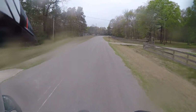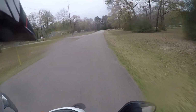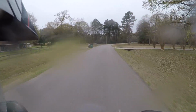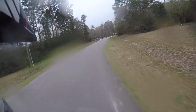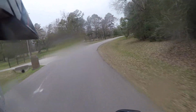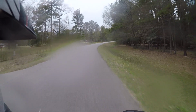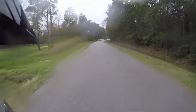I'm sure the neighbors just love me with the exhaust that's on here. The Q4, it's supposed to be a quiet exhaust, like quiet performance. There is nothing quiet about the Q4. I mean, I've heard louder exhaust, but it's not quiet. People in the neighborhood are like, oh yeah, you must be one of them kids tearing shit up. Come on, squirrel, don't do it. Okay. But